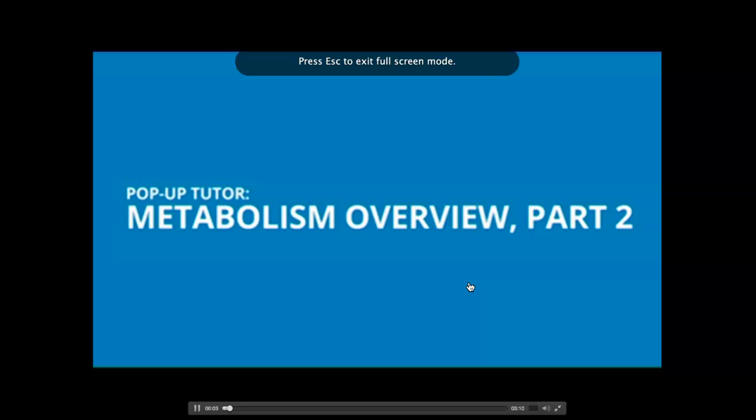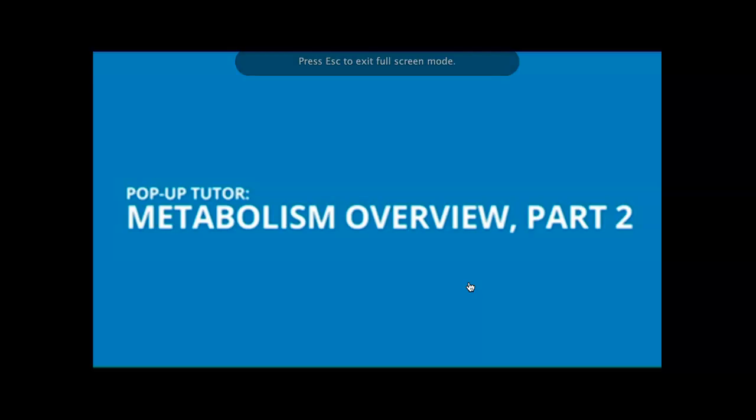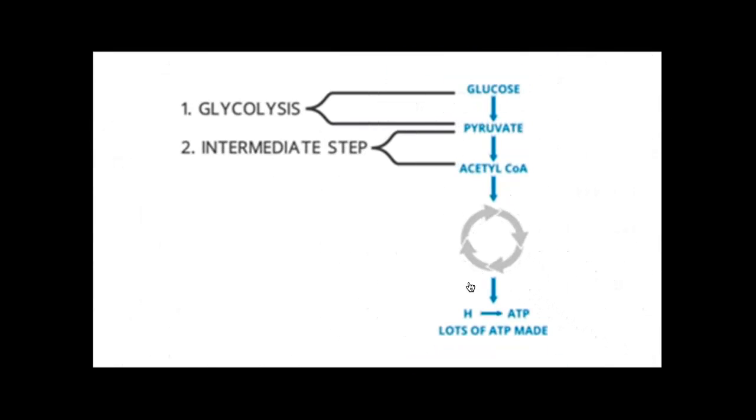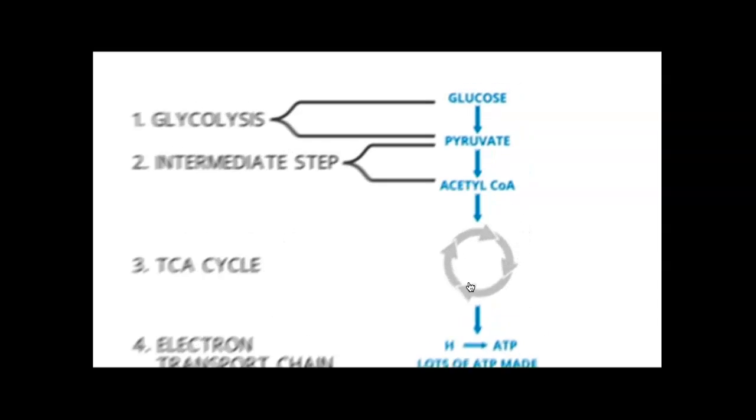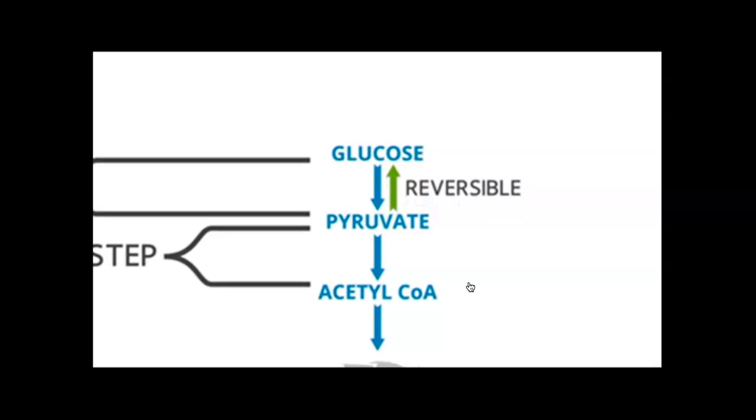Entering this video, you should have a familiarity with the steps to convert macronutrients to ATP. Those 4 steps are glycolysis, the intermediate step, the TCA cycle, and the electron transport chain. I'd like to add just 4 more details before we describe the differences in the ways that various nutrients are metabolized. First of all, glycolysis is a reversible reaction, meaning we can break down glucose to pyruvate, and then the